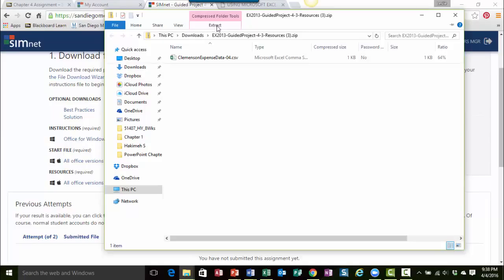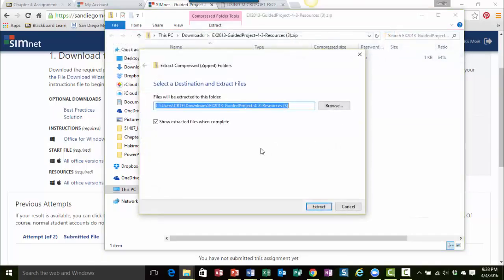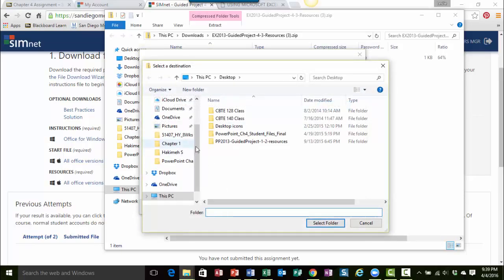So let's go ahead and click on extract. And I'll say extract all, even though there's only one file. Now here's where I can browse and put the file in whatever folder is appropriate. I have just this pretend folder on my desktop, so wherever you're keeping all of your class files. So I'll put it in there.